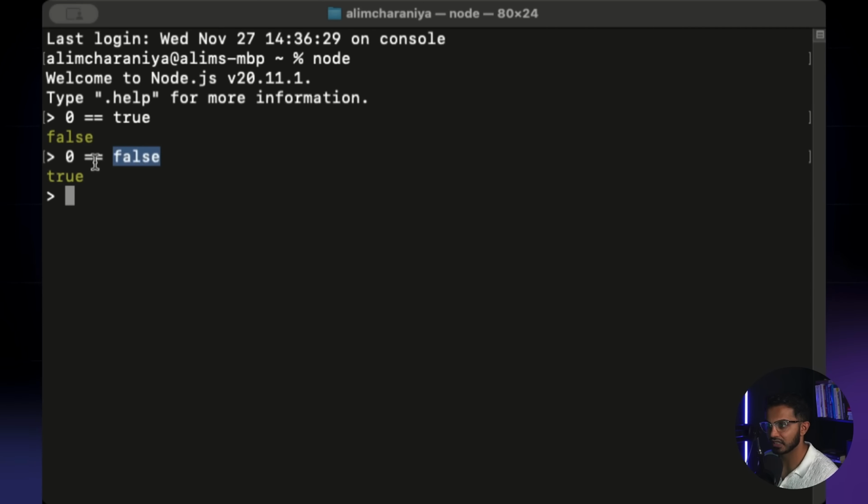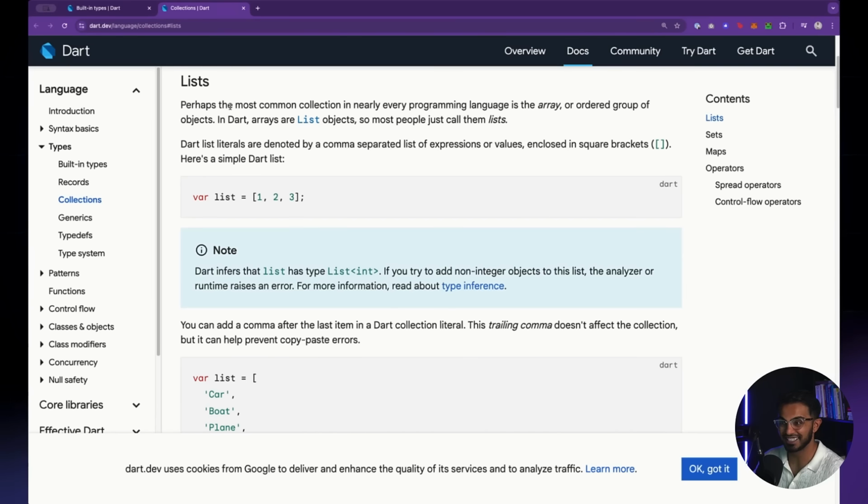Now we're going to talk about lists, okay? Lists are a very common collection that every app uses. Literally every app is just a list. You probably have never thought about it that way, but if you open up any app on your phone and scroll through, you'll see that everything is just a list. For example, your messages on your phone are just lists of messages. Your Instagram feed is just a list of posts and pictures. That's what apps are. They're just lists.